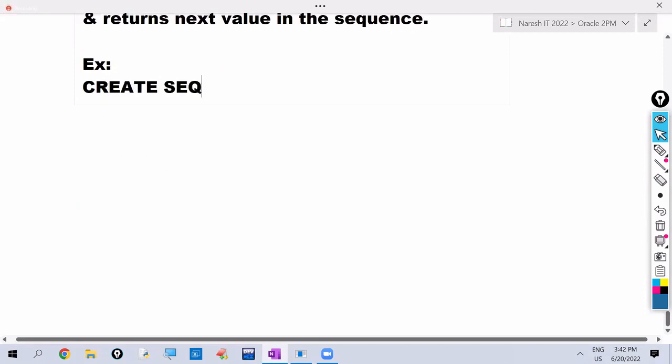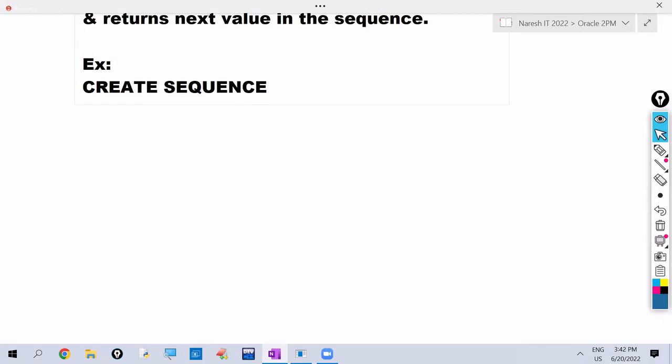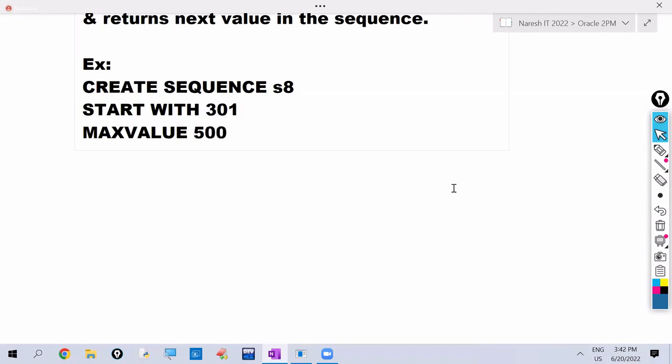Create sequence. The sequence name is SE8. Start with value, I am giving as 301. Max value, I am giving as 500. Increment by value